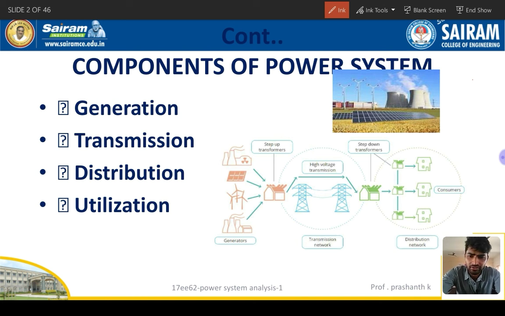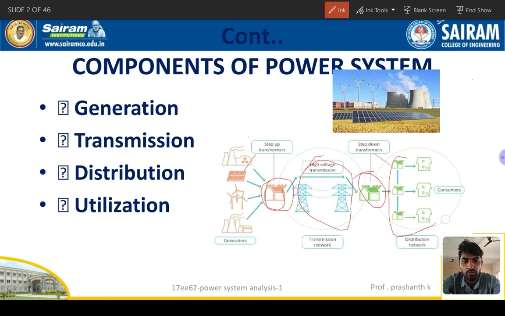Next we have utilization, right? See here, generators from the thermal power plant, solar power plant, wind power plant, and also gas power plant or nuclear power plant, right? So next there is a step up transformer for stepping up purpose. Next there are high voltage transmission lines. Here we are not using the power supply. After stepping down again from the substation to your home, next there is a step down transformer, and from the step down transformer to your home or consumer side.